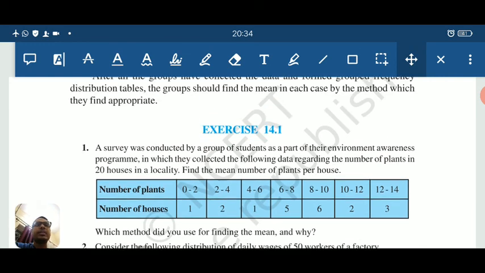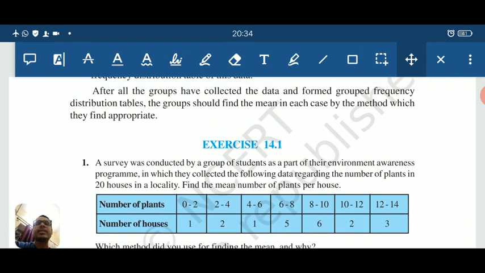I hope that's all from today's class, and in the next class we'll be discussing the next central tendency, that is the median. Okay, and then we'll move to mode, and all these particular things are quite easier. No need to worry about it. The chapter is quite easy to understand, and the questions are very simple to solve.